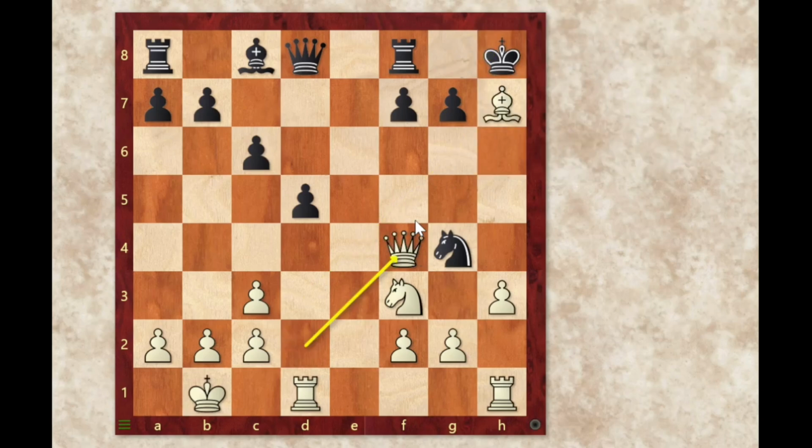Now Anand takes on f4. Now if the knight goes back, obviously the bishop will be saved and White is simply up a pawn, and White can also get an attack here. This is simply better for White. So this line was rejected and Black goes for it. Black goes for knight takes